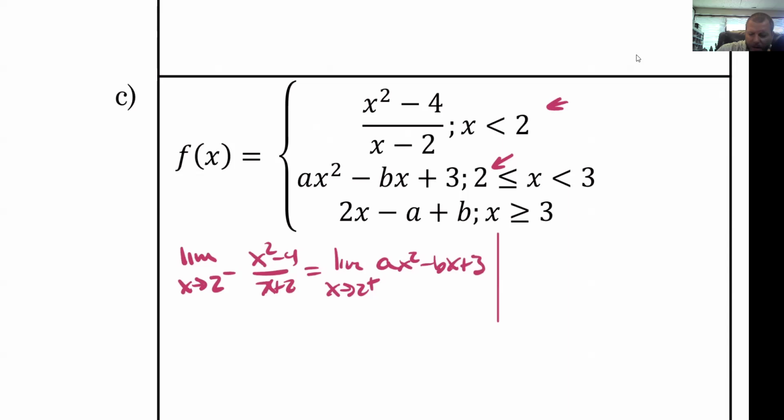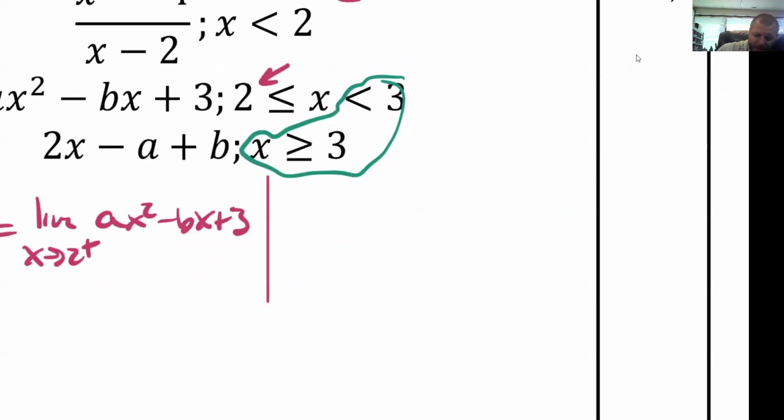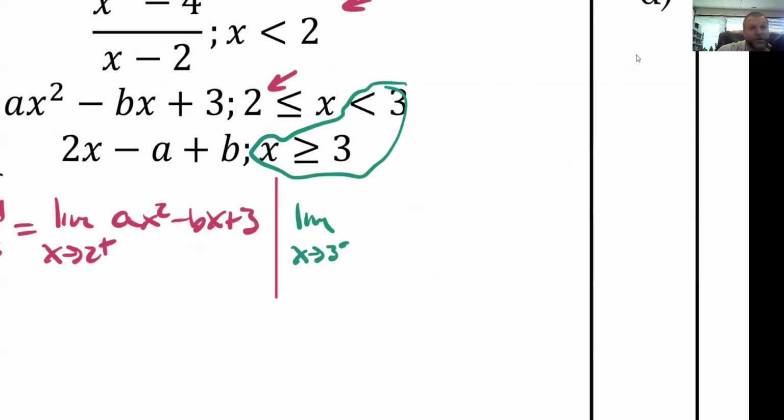We're also going to have a possible issue when x is equal to 3. So we can take a limit as x approaches 3 from the negative direction. So we're going to be on that middle branch. We're going to get ax squared minus bx plus 3. And that has to equal the limit as x approaches 3 from the positive direction of 2x minus a plus